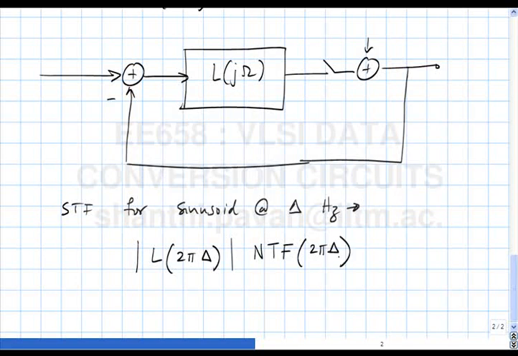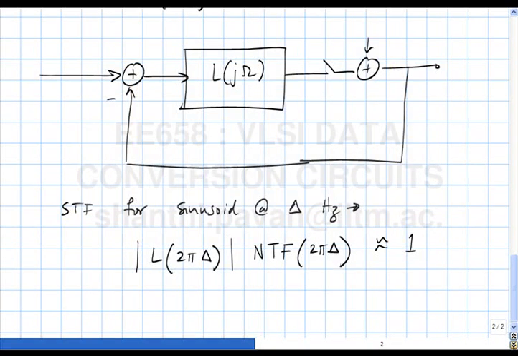correct, and this is approximately how much? The NTF at low frequencies is approximately 1 over the loop gain. Why is it 1 over the loop gain? Because it is actually 1 by 1 plus loop gain, but if the loop gain is very, very large, it is 1 over loop gain, correct. So this is approximately equal to 1,